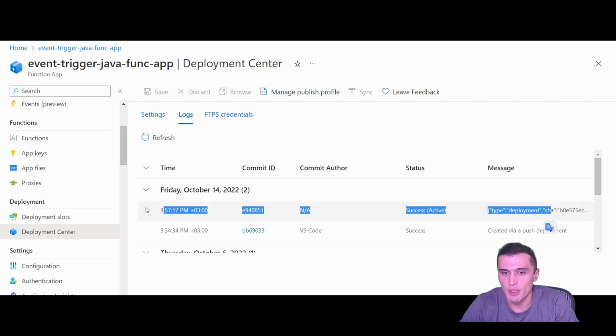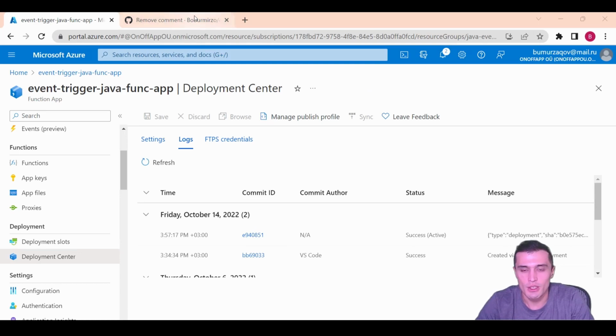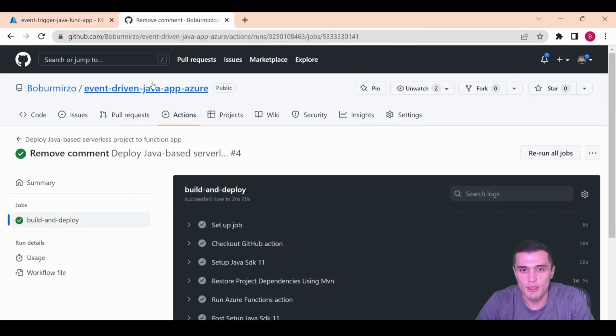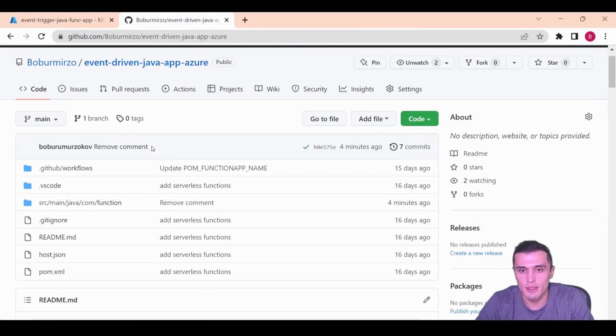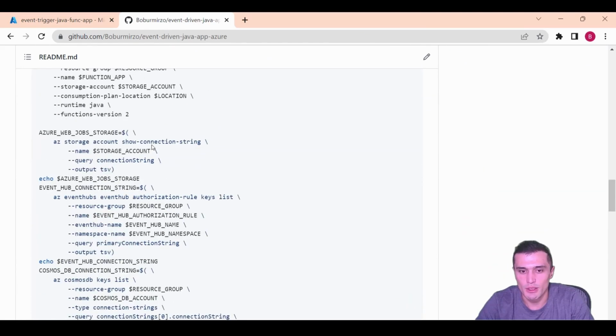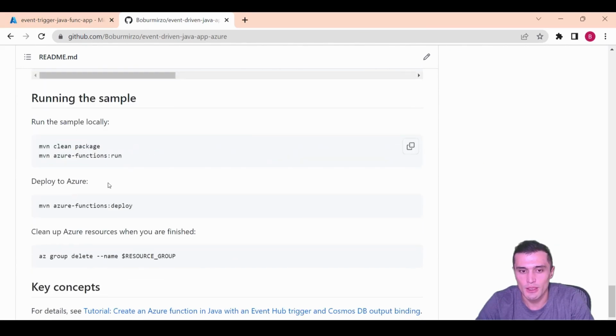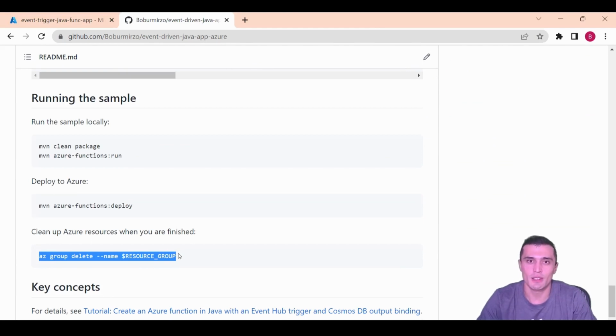Now we have built CI/CD on top of the event-driven solution. When you finish with the work or testing, you can always remove the resources you have created by simply running Azure group delete. It deletes all the sample resources we have created for this demo.